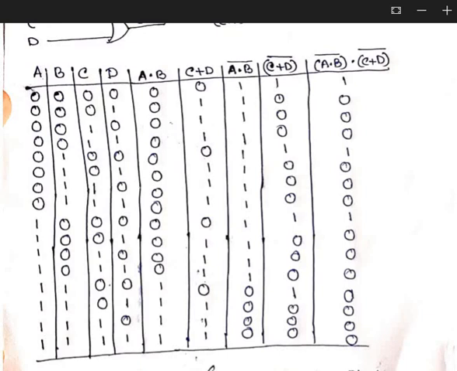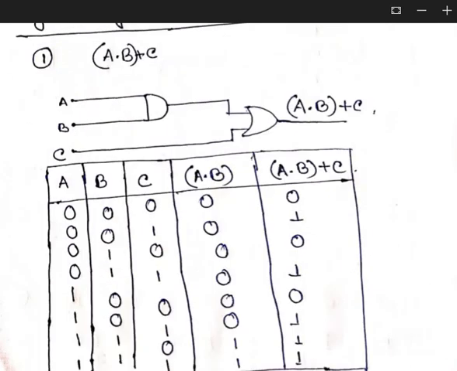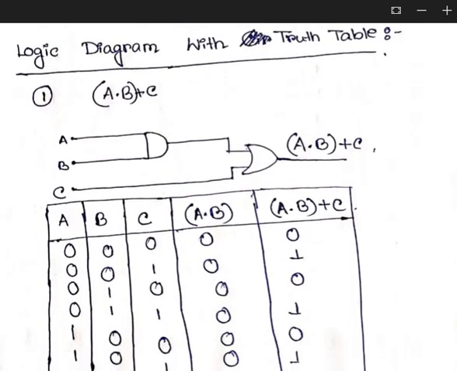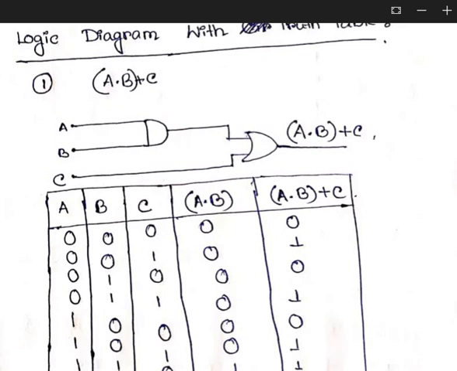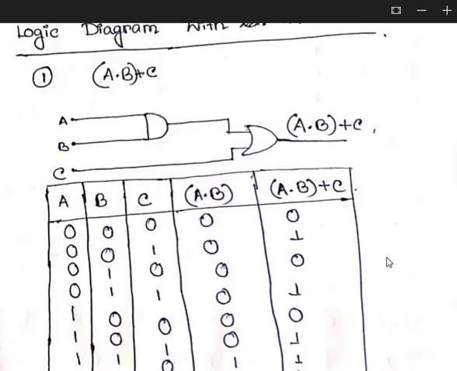If you have any confusion, you can comment in the comment box. Otherwise, just multiply A with B and C plus D. Then you will get these two. Then apply the NOT gate on A into B. Just the opposite you will get over here. And C plus D whole bar, you will get the opposite of this over here, and then after apply an AND gate on these two combinations, you will get the result. I think it is clear to you all how to draw a circuit, how to draw a logic diagram with the truth table. Now it is your circuit diagram and the truth table.